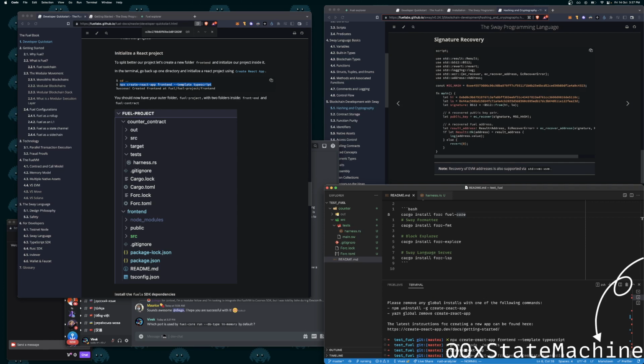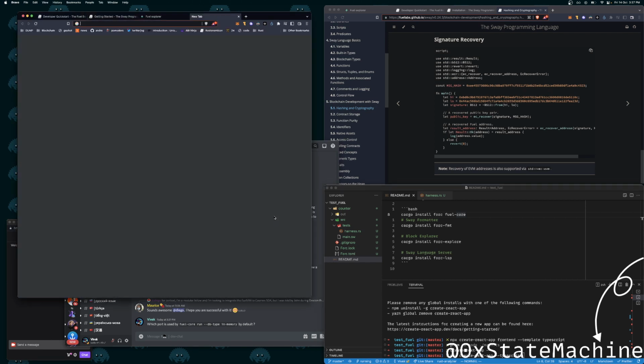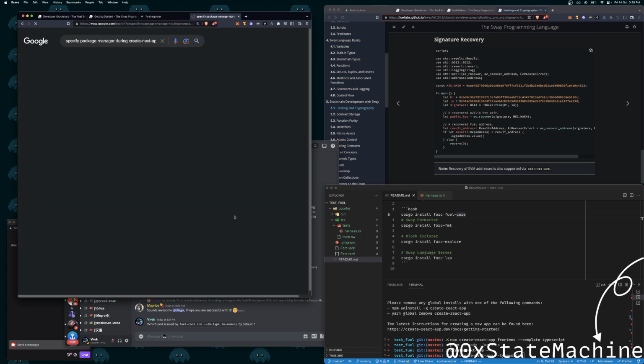npx create next app TypeScript. There is a way to specify the package manager, right?